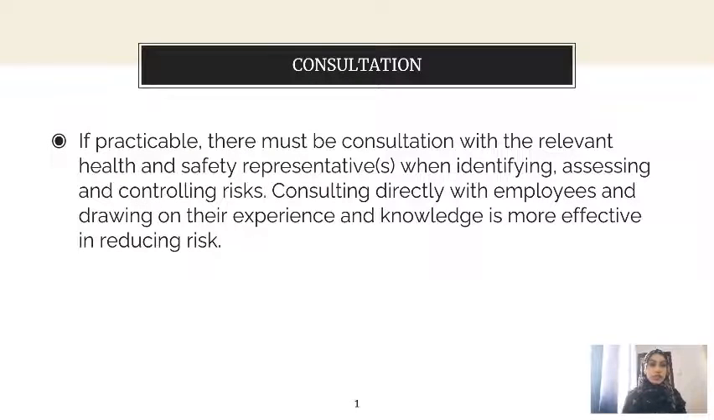For consultation, where practicable, it is to seek reviews and input in decision making, with appropriate involvement of staff in the hazard identification and risk analysis development and the review of the OHS policies and objectives. If practicable, there must be consultation with the relevant health and safety staff or representatives when identifying, assessing, and controlling the risk, by consulting directly with the employees and drawing from the insight that